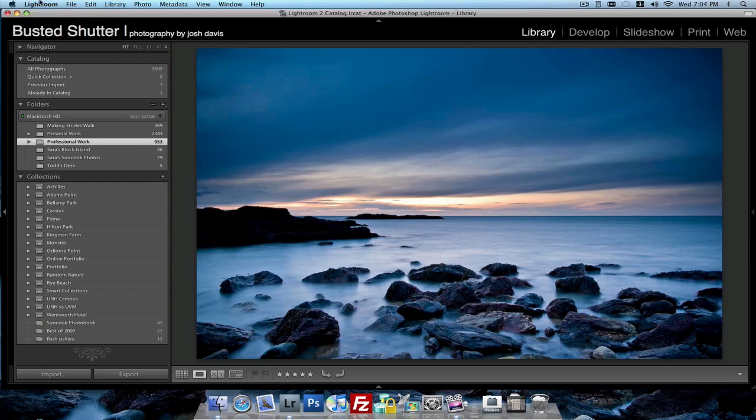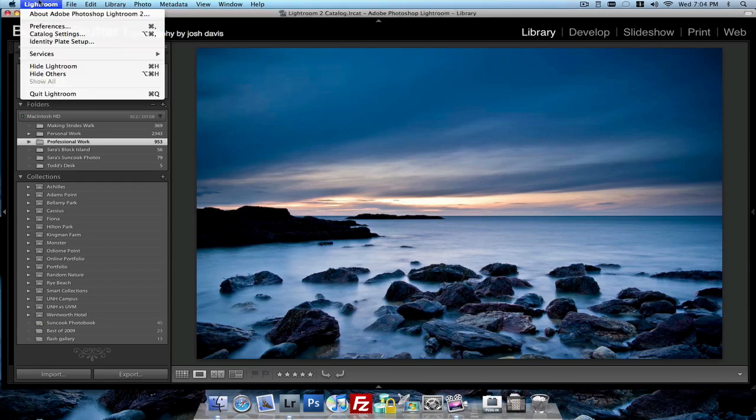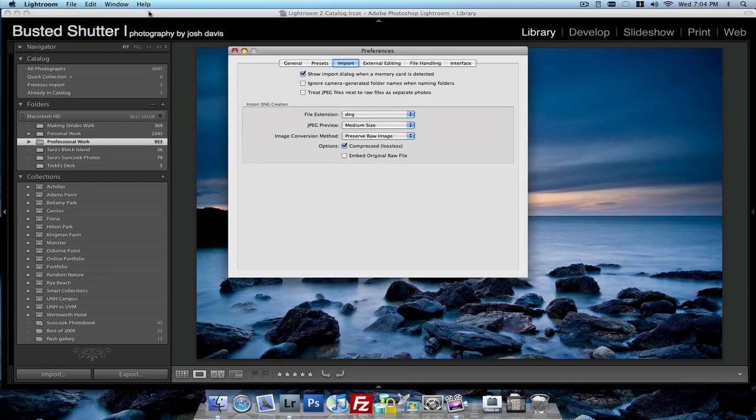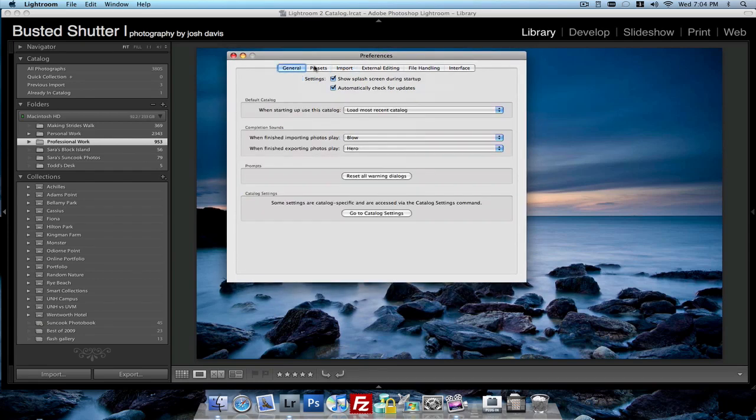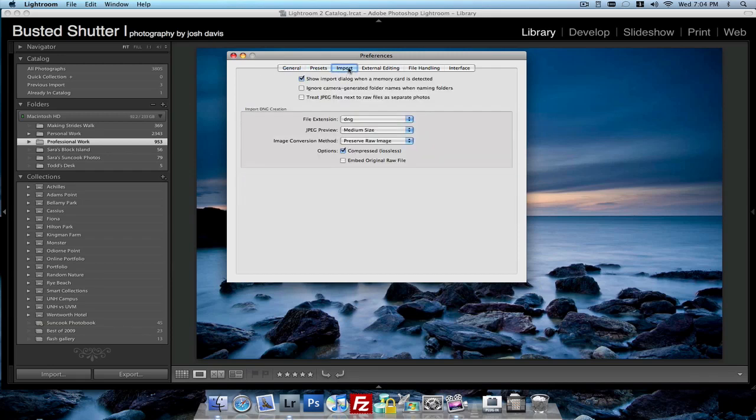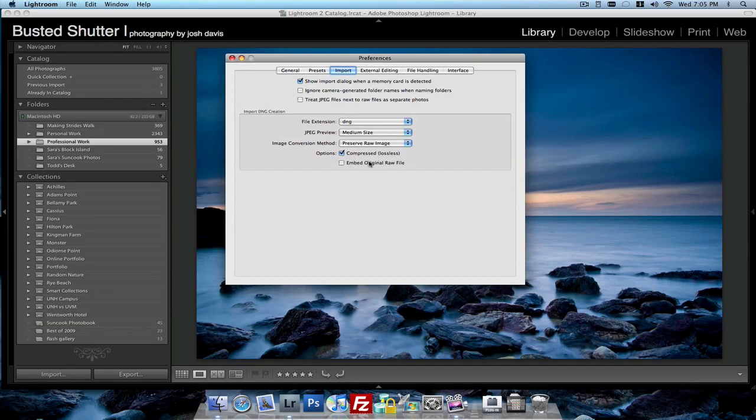First, let's start by going up to Lightroom. If you're on a Mac, going up to the Lightroom menu and going to Preferences. If you're on a PC, I believe it's going up to Edit and then choosing the Preferences menu. And then within the Preferences menu here, you'll see there's different tabs at the top. You want to choose the Import tab,